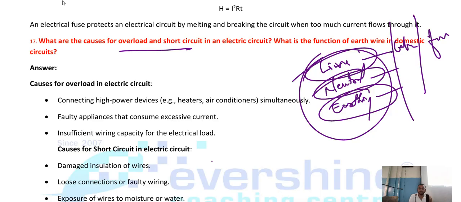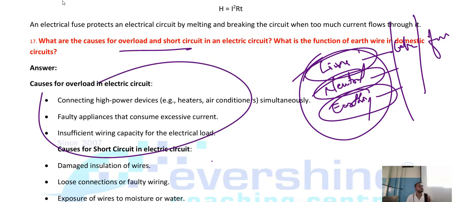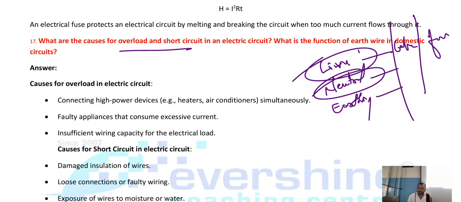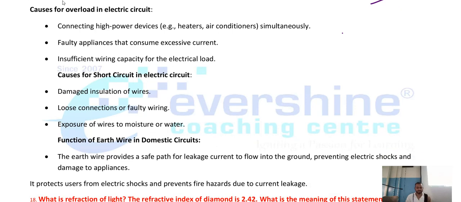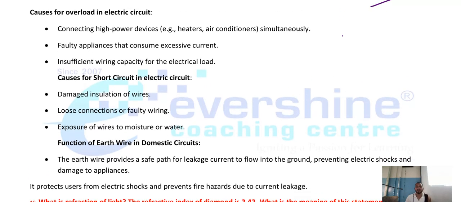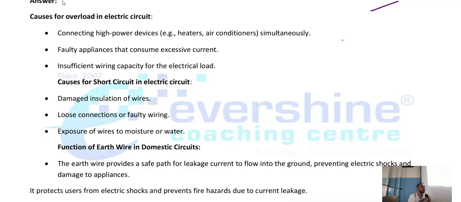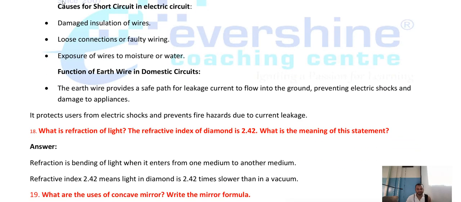Now, observe here. What is overload and short circuit? Let them ask any question. Overloading, write this answer. Short circuit, write this. Short circuit happened. Short circuit word, if you see, write it. What I have given, that only you write. If you read these words only, you'll understand what is the meaning of overloading and short circuit.